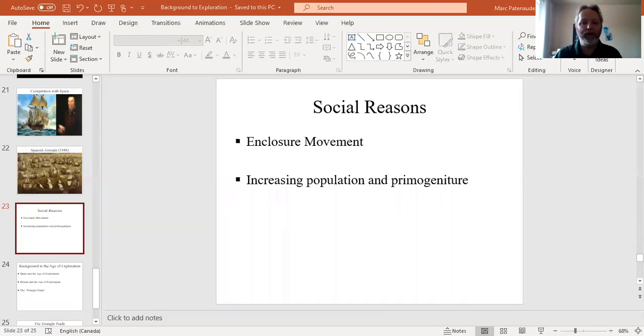On the social level, the primary push towards colonization came from the growing lack of farmland and an increasing population in England. In the 16th century, that is the 1500s, you have a growing movement amongst the upper classes to start fencing in the common grounds located around most towns and villages. Most towns and villages would have a common green, a common area where, if they had livestock, they could take them out to pasture. But over time, with this enclosure movement, the upper classes started fencing in more and more of those common grounds. And if you were a small farmer who didn't have a lot of land, you relied on the common areas to